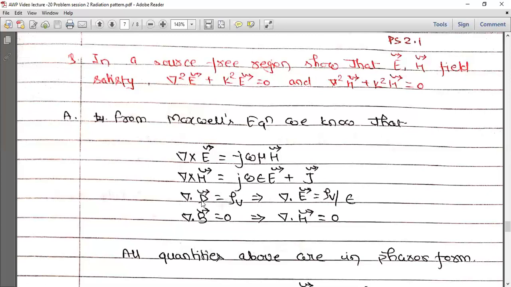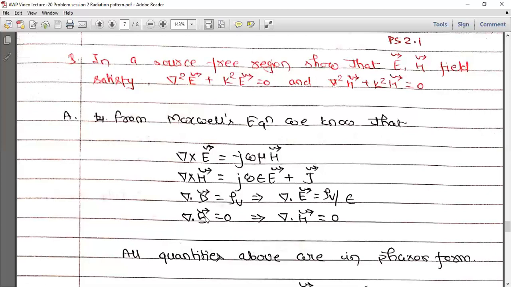We also know that by the constitutive relation, the electric flux density D is given by epsilon times the electric field intensity. So we can substitute D by epsilon E. Epsilon is the permittivity of the medium, and correspondingly del dot epsilon E will be equal to rho v. Since epsilon is a constant, we take it outside the divergence and move it to the other side. We find that del dot E is equal to rho v by epsilon. By the way, this is Gauss law. And del dot B is equal to 0.